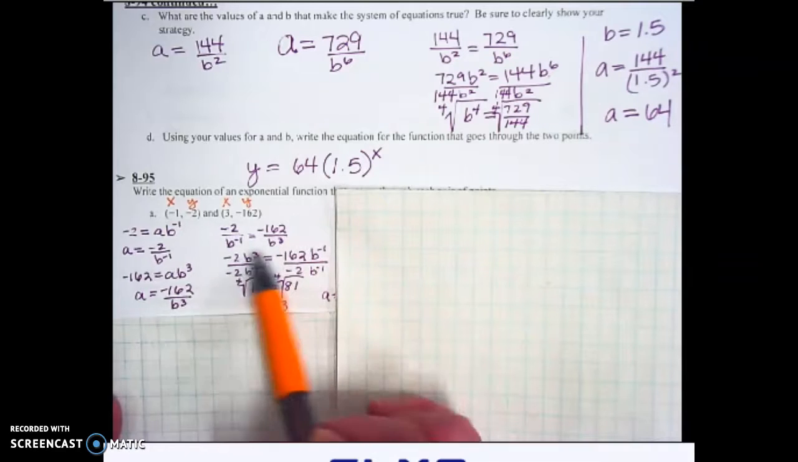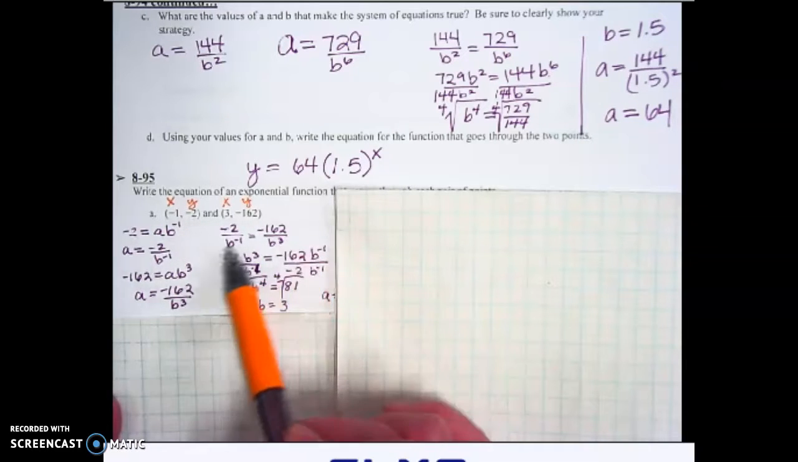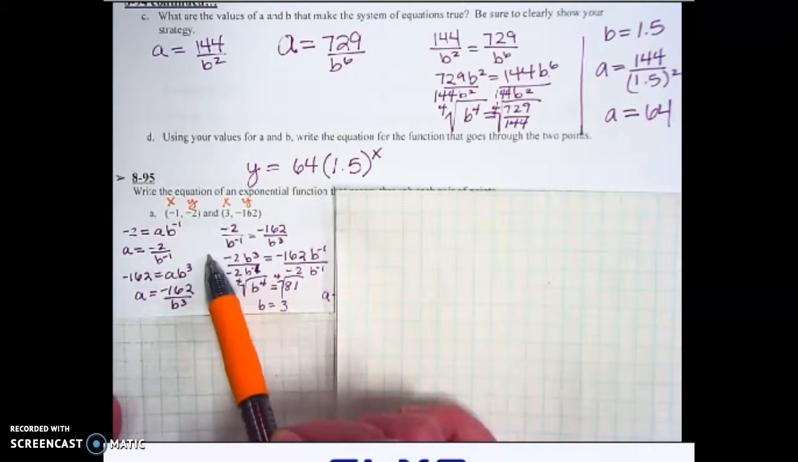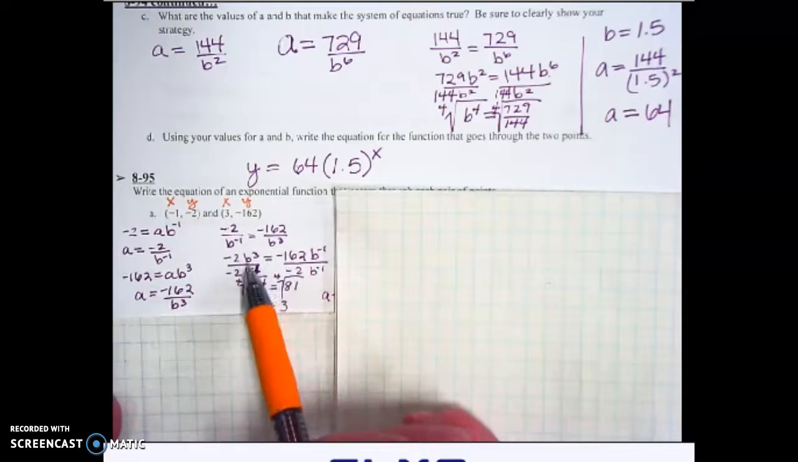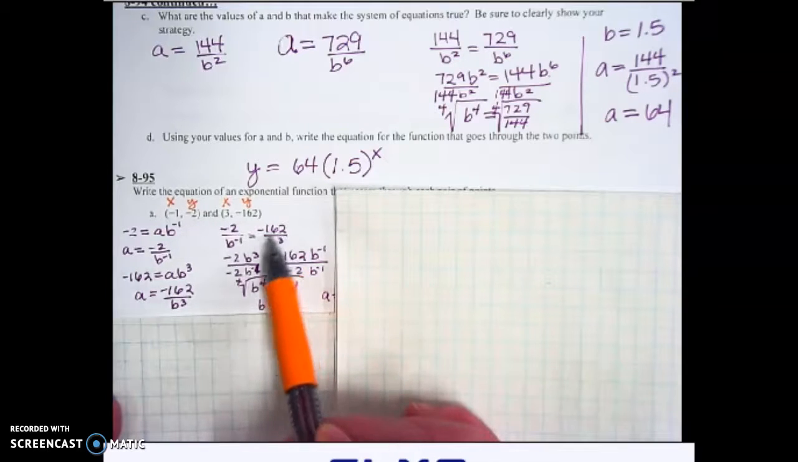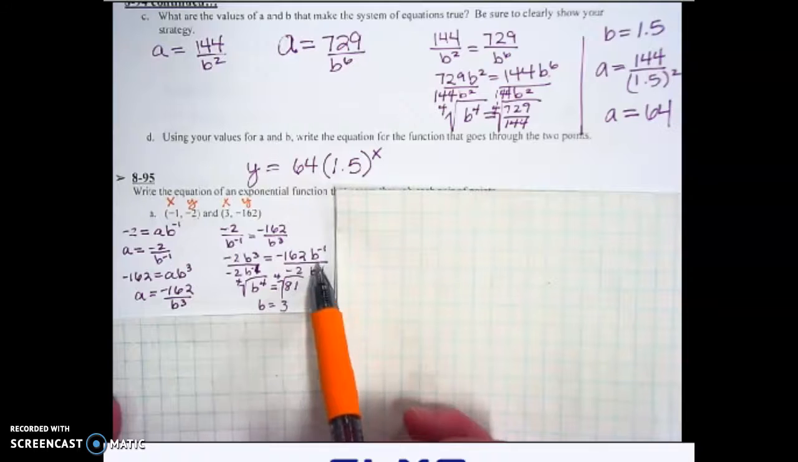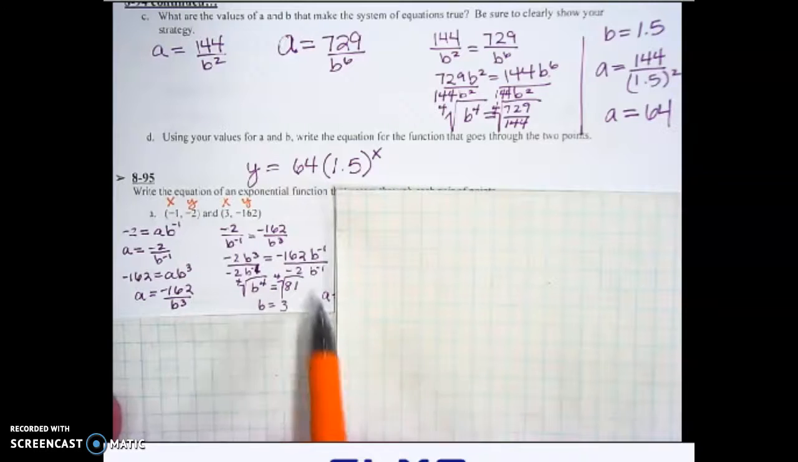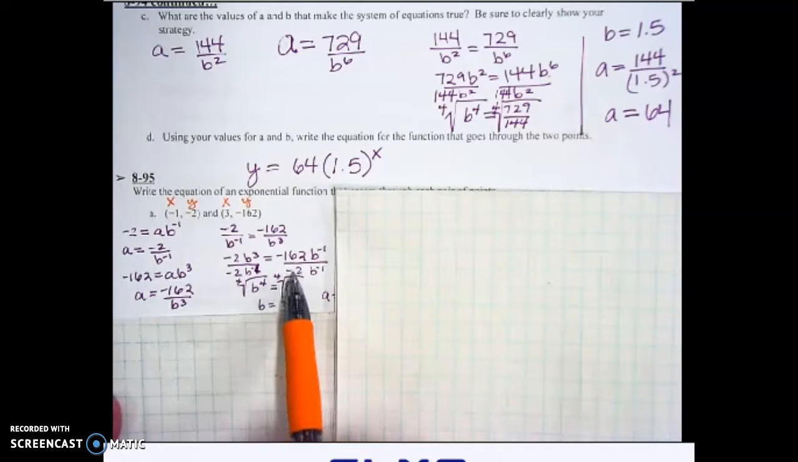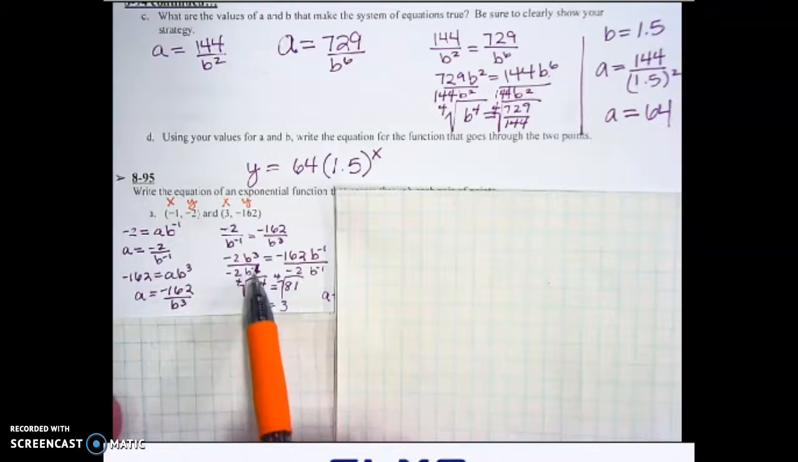So from this proportion, we're going to do a cross product. So we go this way and this way, kind of making an X. Okay? So -2 times B to the 3rd and -162 times B to the -1st. So we're going to divide both sides by -2, and we're going to divide both sides by B to the -1st. Well, some people think that when you have a negative exponent, you would subtract it, but you're actually going to add it so that it moves up to the numerator. So this b to the third actually becomes